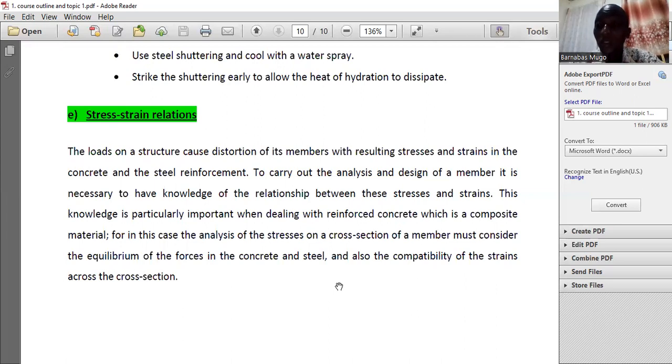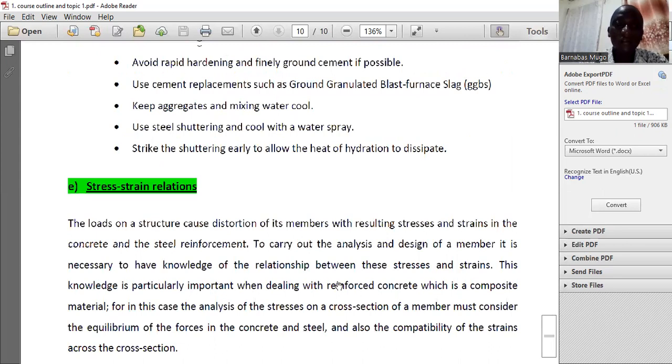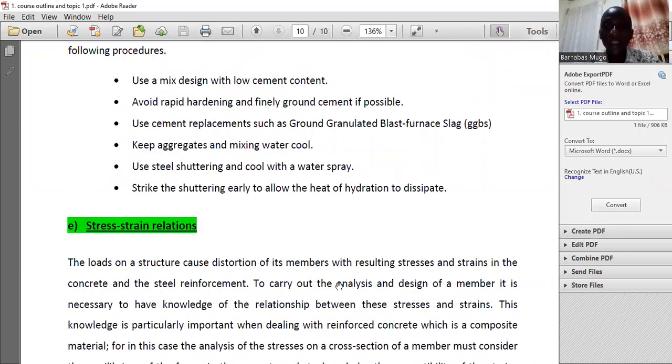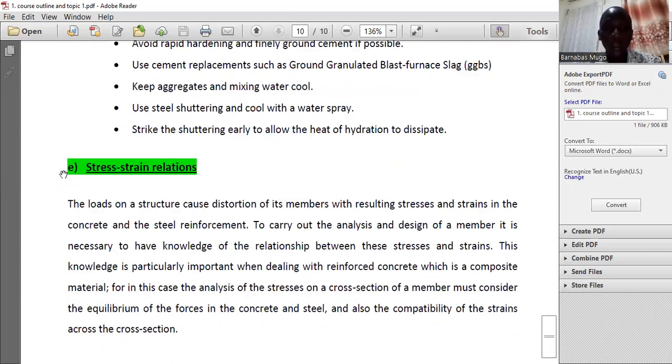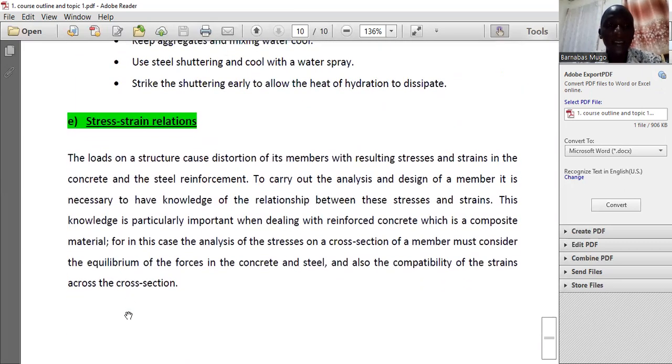The stress-strain relationship is going to determine the characteristic part of the concrete. So in this case, this is exactly what we are supposed to look at, and we are going to see that you can measure on different aspects of the